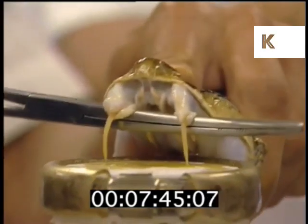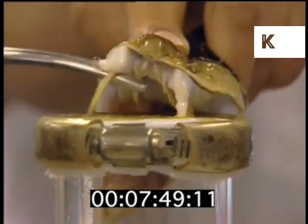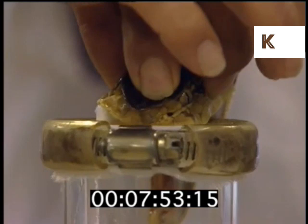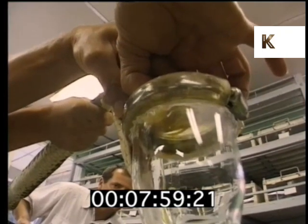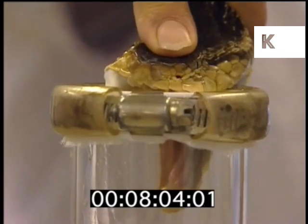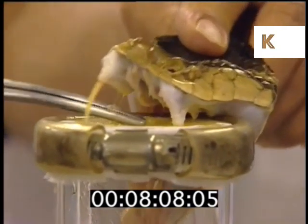To make the life-saving serum, a cocktail of venom has to be collected from 3 different viper species before being injected into a horse which can safely produce antibodies in its blood. It's a painful process for all concerned, but when hundreds of lives are saved every year, it has to be a worthwhile sacrifice. There are about 800 snake attacks a year in Costa Rica, and 70% of them come from